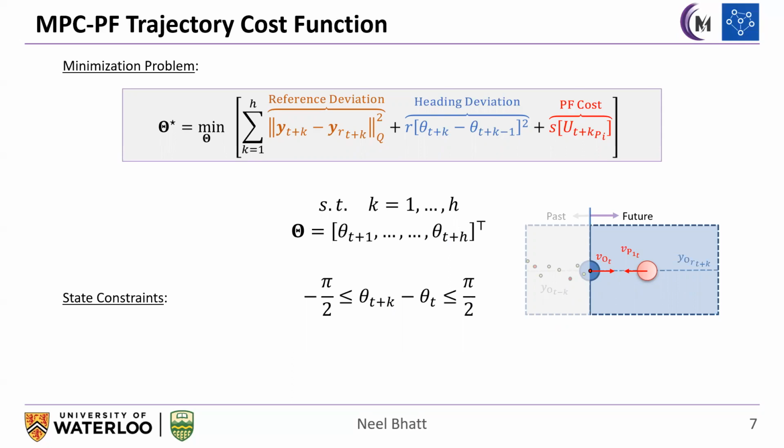The first term in the cost function, referred to as reference deviation, constrains the prediction to be close to the expected reference path. The second term allows minimizing the abrupt changes in heading angle between time steps, while the third term in the cost function considers the possible presence of other objects via potential fields. The inequalities introduced here denote that the change in heading angle predictions between consecutive time steps must be within physical limits. We perform trajectory optimization via this cost function using a constrained nonlinear optimization method that considers convergence into local minima.